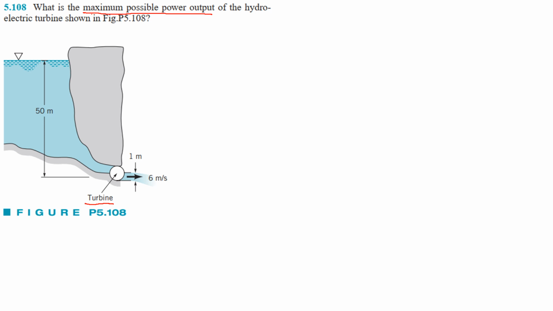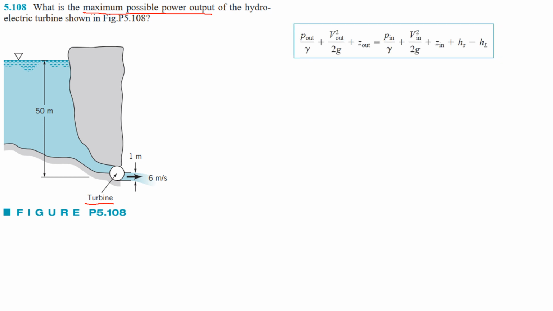So we will use our energy equation, and this is our energy equation. We will arrange this energy equation to get the term, that is the power. So we know that this is the gain or loss of mechanical energy due to shaft work. This HS represents gain or loss of mechanical energy due to shaft work, and I can write this HS in terms of rate of work transfer to the shaft, that is this term, divided by